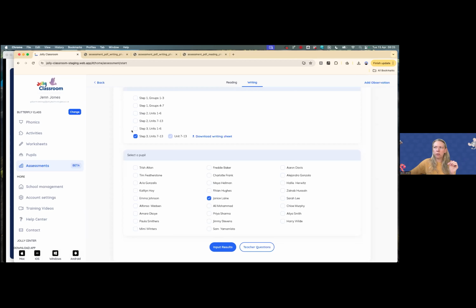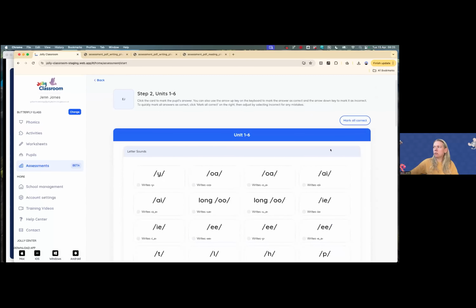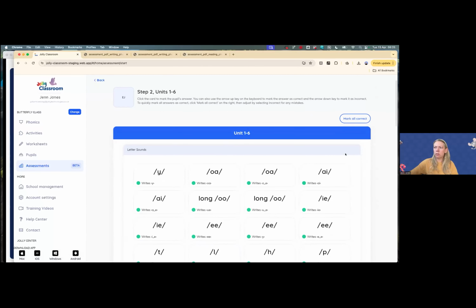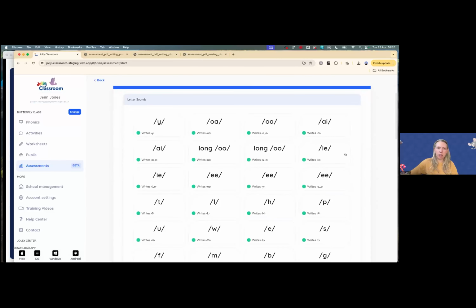Here's how you do it. First, you select the test that you're inputting results on. Let's pretend I'm inputting step 2. I select the child that I'm inputting the results for, and then I click on input results. So what I suggest, the fastest way to do it, is to start by making them all correct. Now I'm going to scan their paper to see if they've made any errors. So I'm scanning through their paper and I see, okay, they didn't write the sound A here. They didn't write